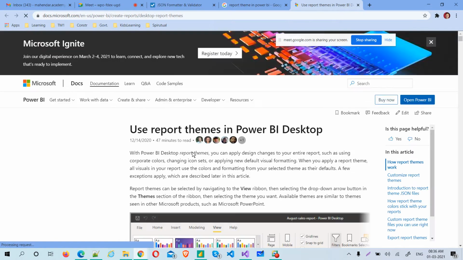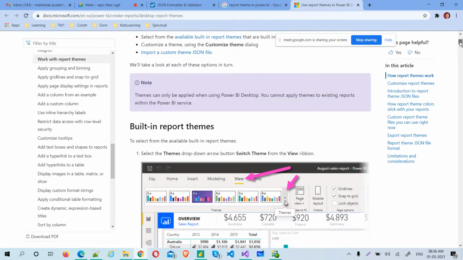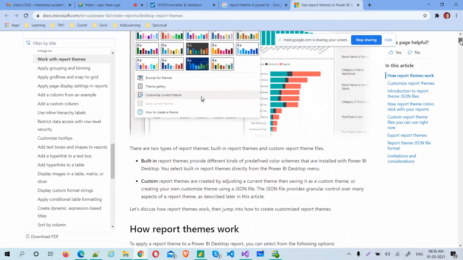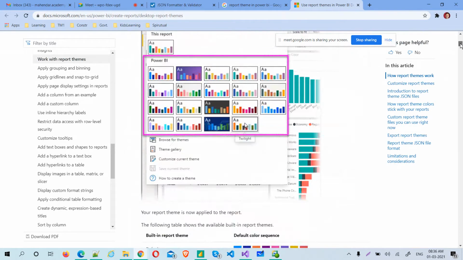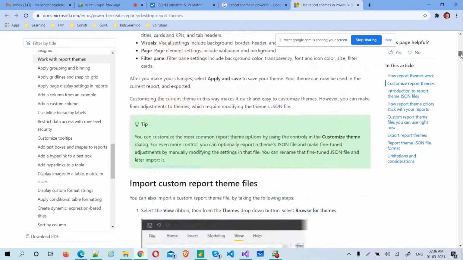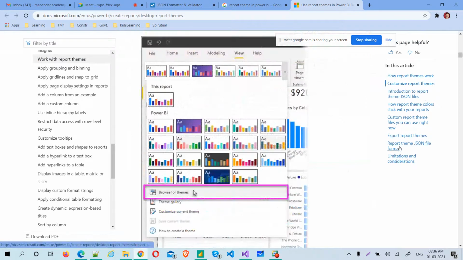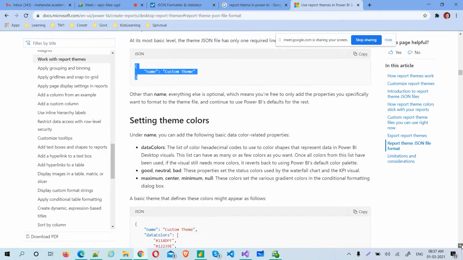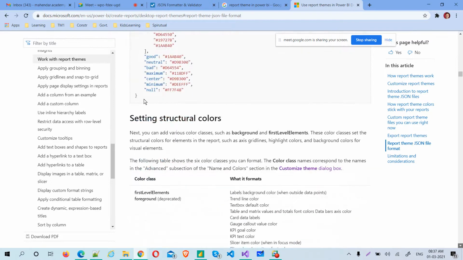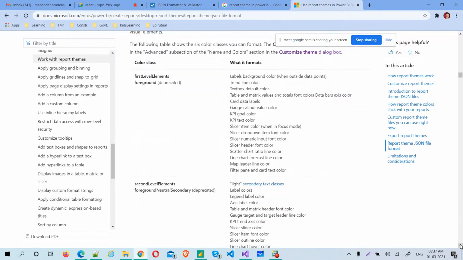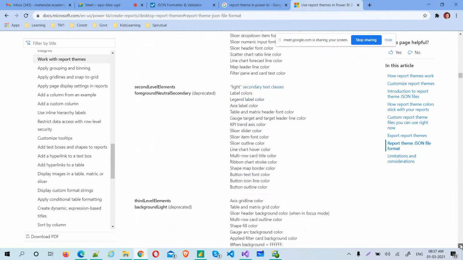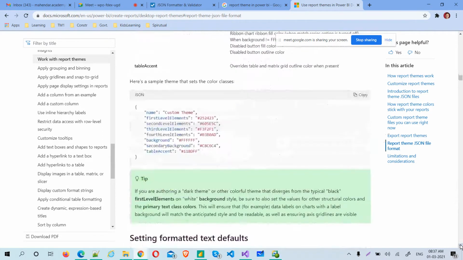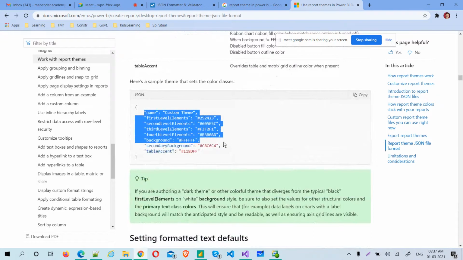Here it gives a lot of understanding of how to customize themes, and these are all the things that are available. If you come here, the report theme JSON file explains the name of the file and how you can customize. You can choose default colors and those things, but I'll tell you one more beautiful tool apart from this. See, this is how you can select the elements.